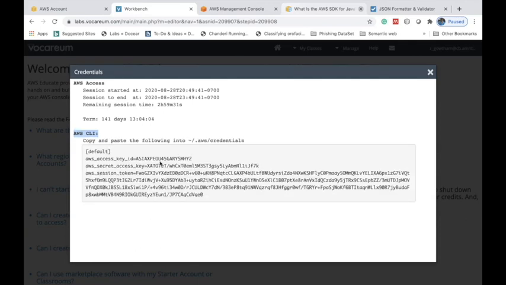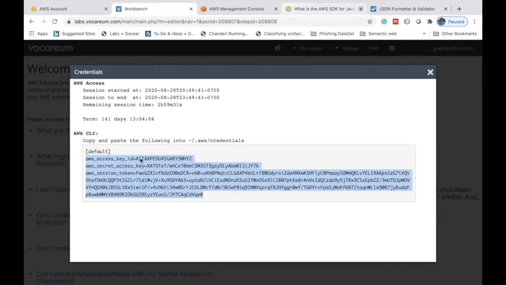If you look at this pane, it will provide you the AWS access key ID, AWS secret access key, and AWS session token. These you are supposed to set in your local system to facilitate communicating with the AWS server.